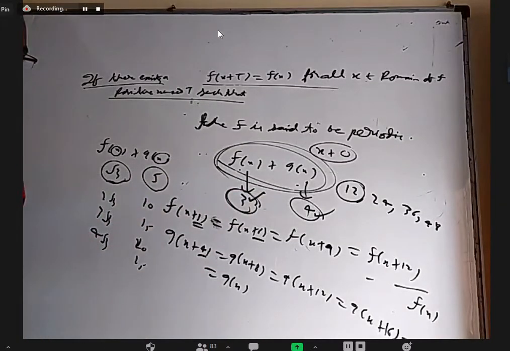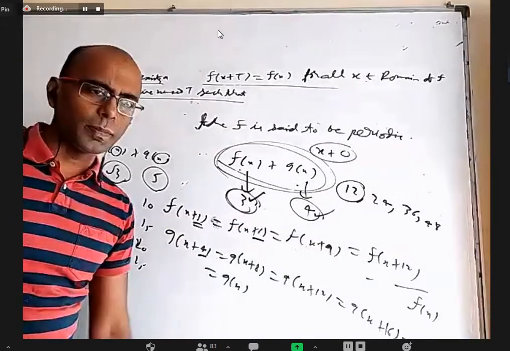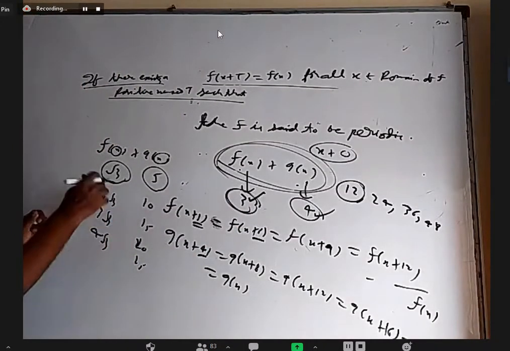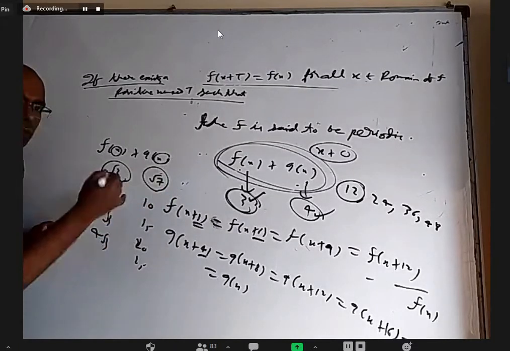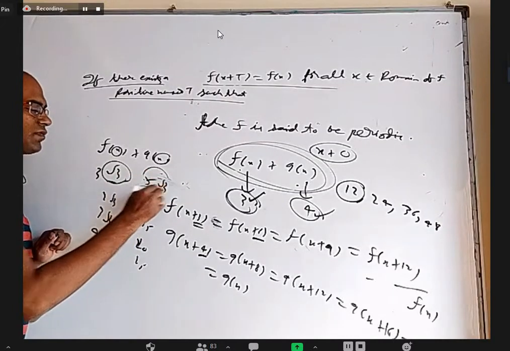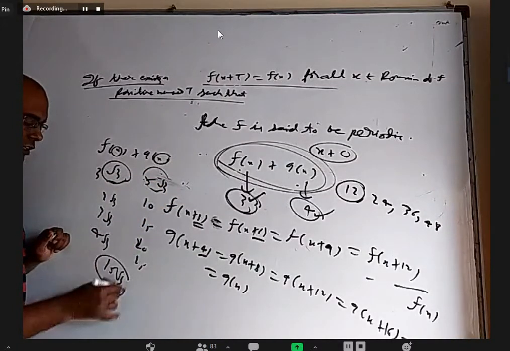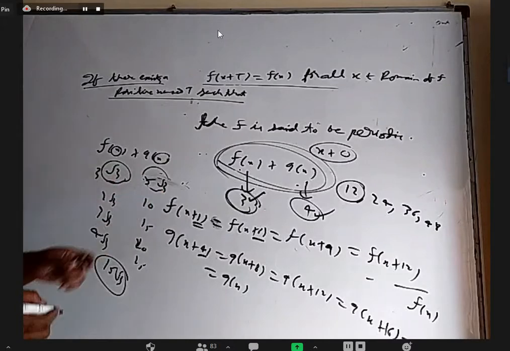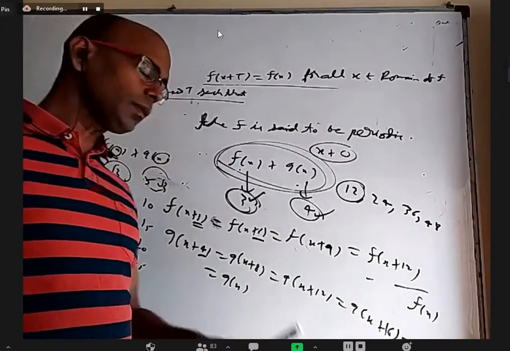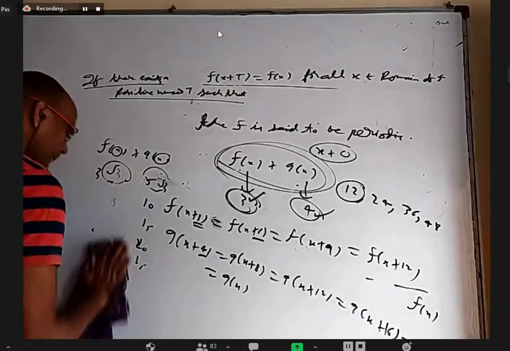That's the point. Okay. When two functions are periodic, their sum may be periodic, may not be periodic, depending on whether the LCM exists or not. For example, if this is root 3 and this is root 7, the LCM will not exist. But if this is 3 root 3 and this is 5 root 3, the LCM will be 15 root 3. Yes, sometimes if they're irrational also it can exist. Okay. So whenever the LCM exists, they will be periodic. Otherwise, they are not.